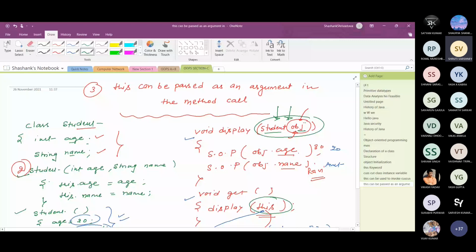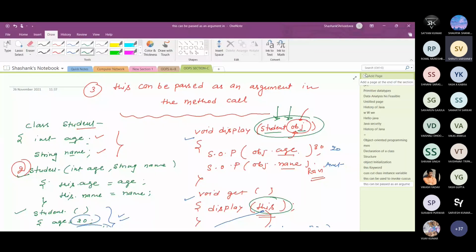The fourth use is this can be passed as an argument in the constructor call. In the constructor call, this can be passed as an argument here. So I am not going to discuss that particular example because that is similar to this.